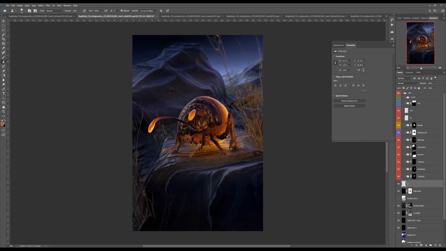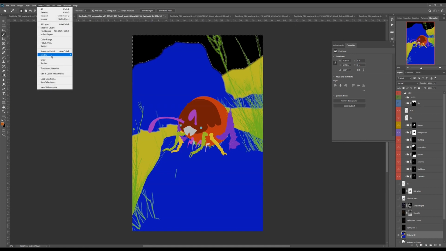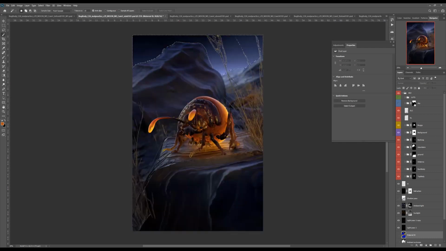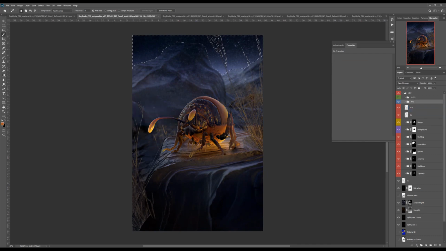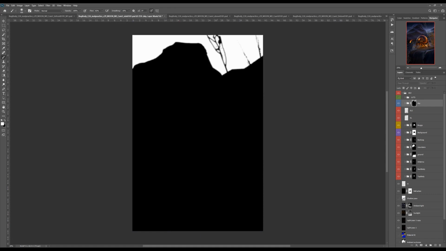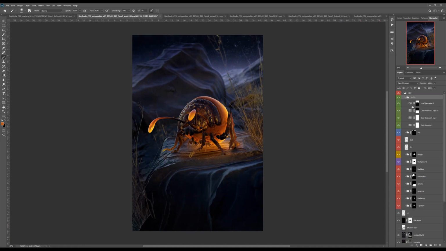And then lastly, we just kind of have the sky. I'm going to modify, expand, let's say 6 pixels. Okay, and then we have LUTs, and we can work with this image a little bit more, but we're